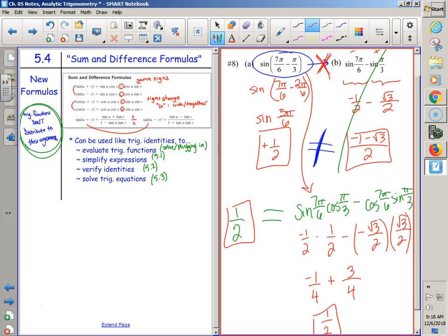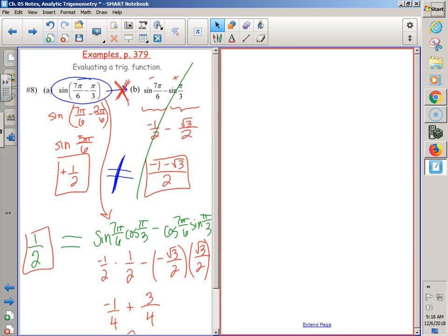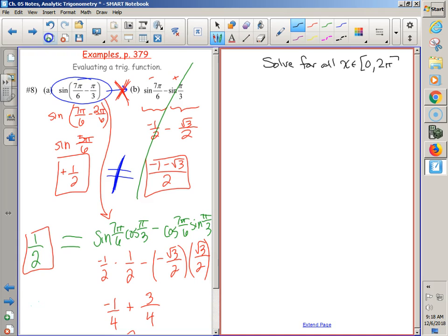Can I give you a quick peek as to in some ways it is, in some ways it isn't? What if I was to give you something, just a peek and then we'll do more examples. What if I was to give you something like, section 5.3 directions. Solve for all x within 0 to 2 pi. And I was to give you the equation, quick little example, just to show you the point. Because this looks confusing. Like, this is so much harder than that. I know. But what if I was to give you something like, I don't know, how about cosine of x plus pi over 3 equals